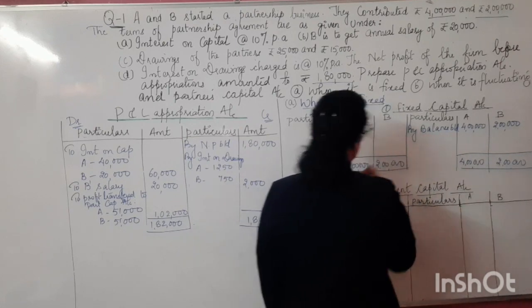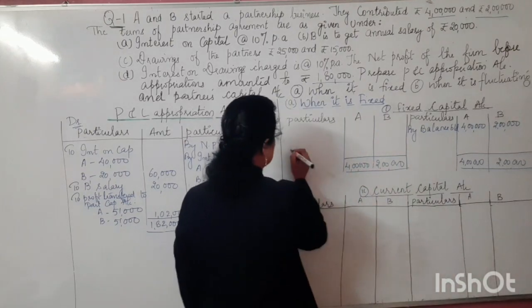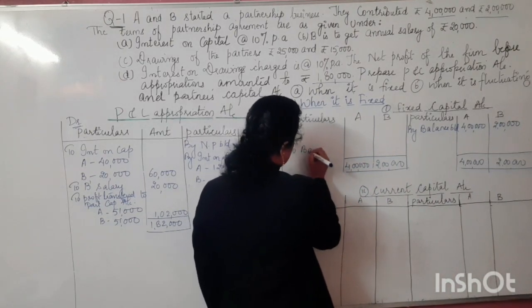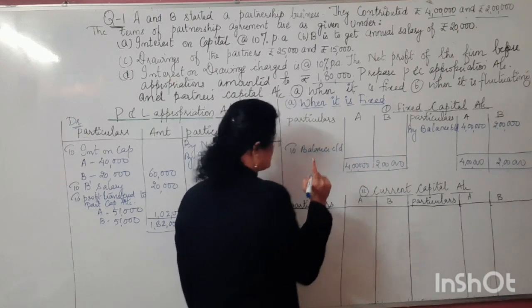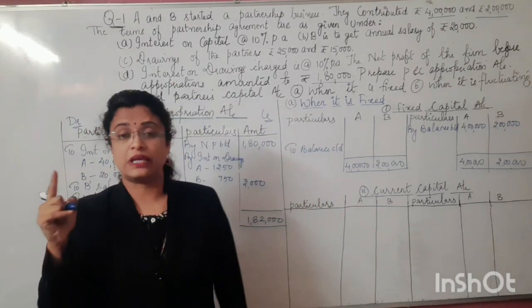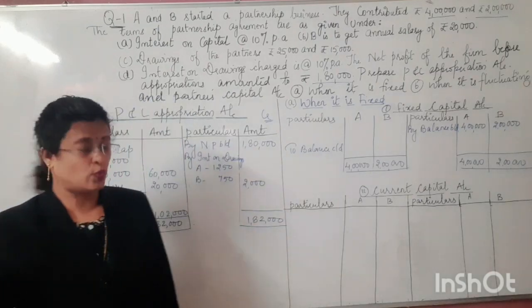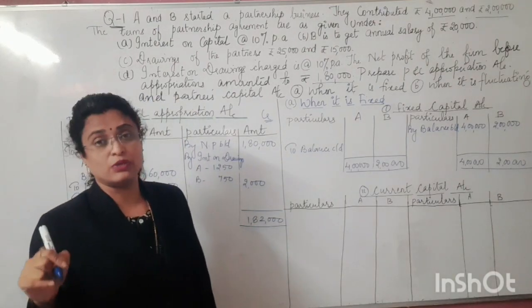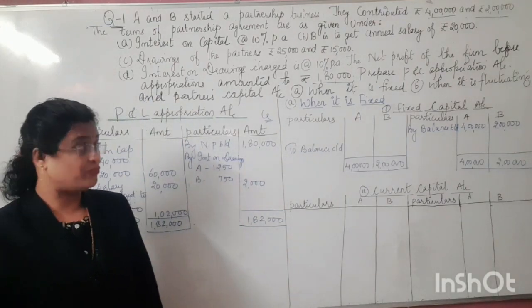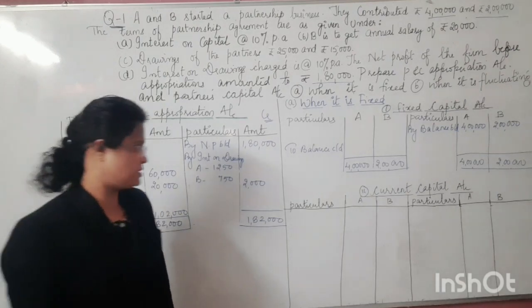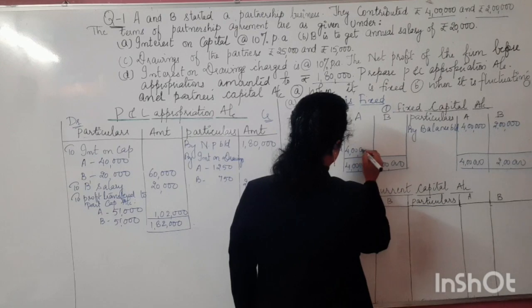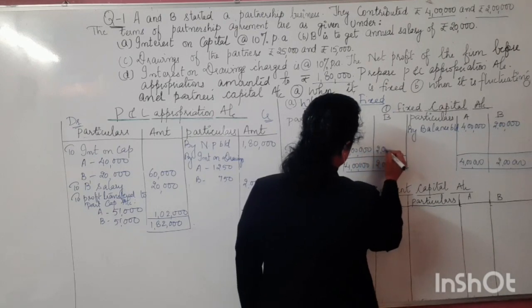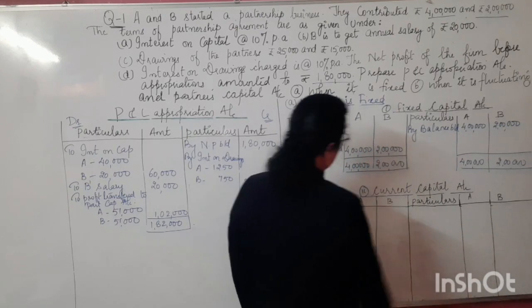You know that the balance is coming on the debit side. That means it's a credit balance. And we have already seen earlier, a fixed capital account always gives the credit balance, and most of the time even the fluctuating account as well. But in case of a fixed capital account, it's impossible that it will ever give the debit balance. Okay, so what's the balance carried down we will be having? That is 4 lakhs and 2 lakhs here for the fixed capital account.